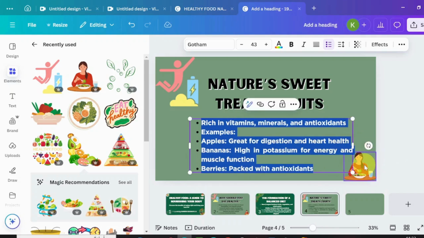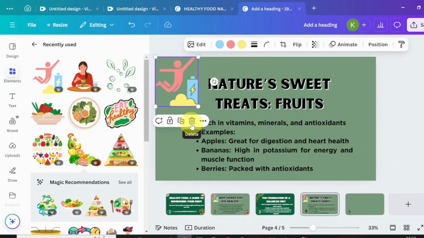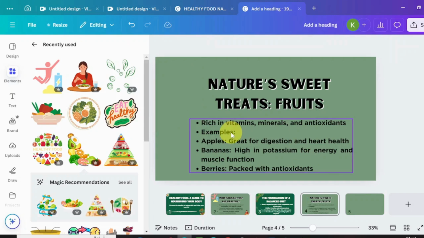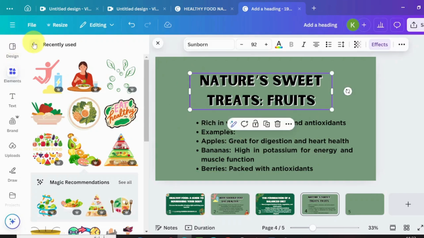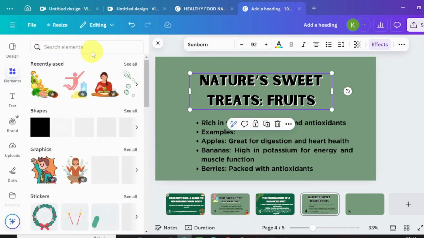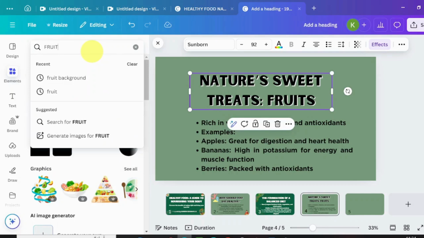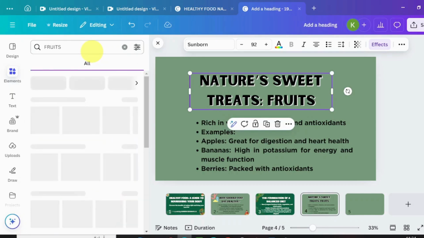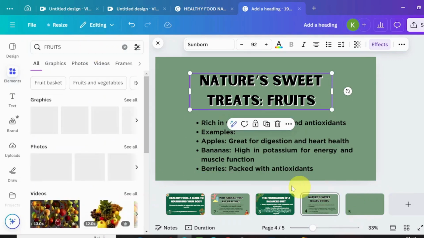So all I need to do here again is just delete this image, because I'm not talking about energy now, I'm talking about fruit. So please do ensure to go back to your elements and type in whatever you're talking about here. And another thing is, once you are done with creating all your slides, your last slide, which is